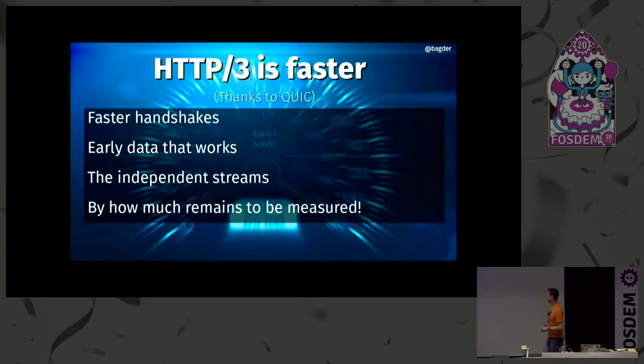And by how much, I won't show you any numbers because we're still in early days. It hasn't been shipped. The protocol isn't done. There is no done code, so nobody is actually willing to stick out their necks and say exactly how much faster it'll be or not, so it remains to be seen. Numbers from Google QUIC days showed that it can be better, from a little better to much better, depending on your use case and what you're doing.